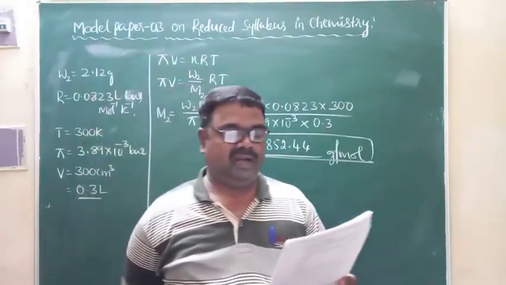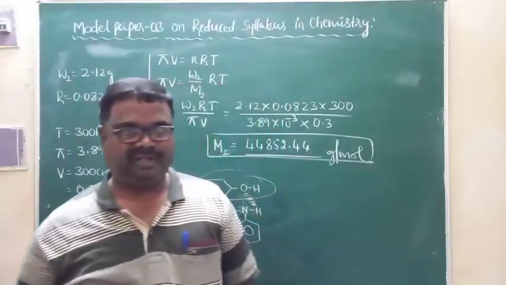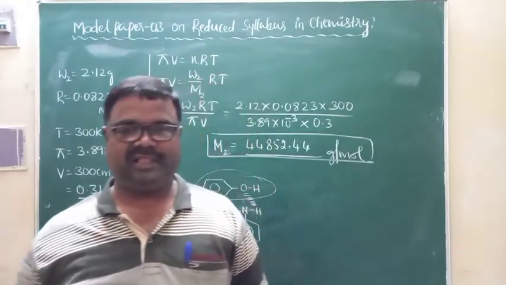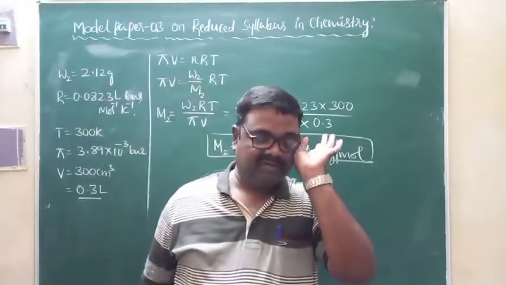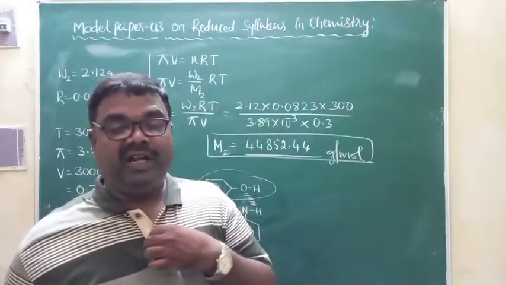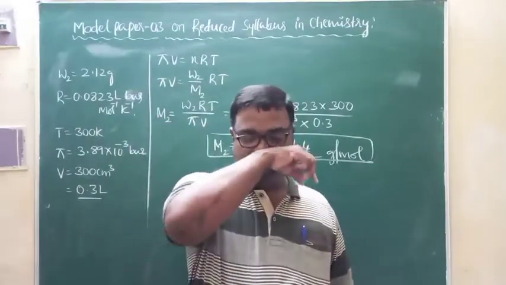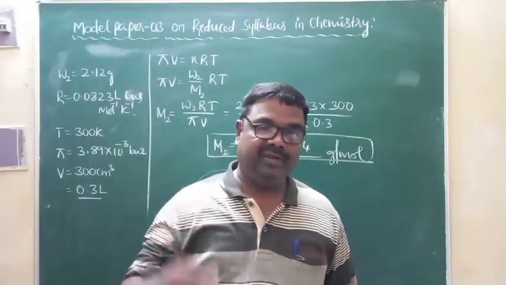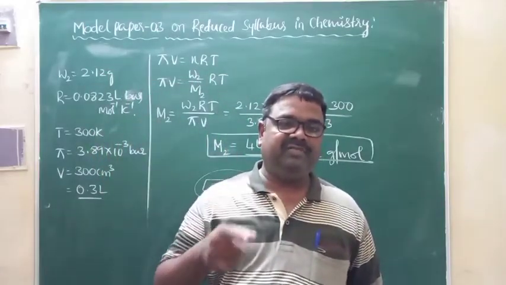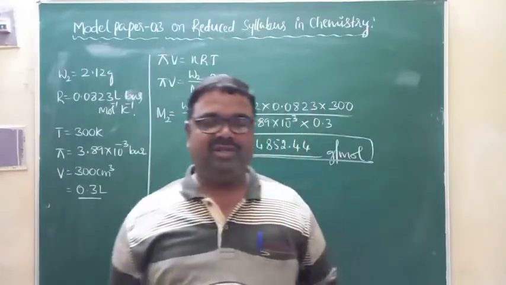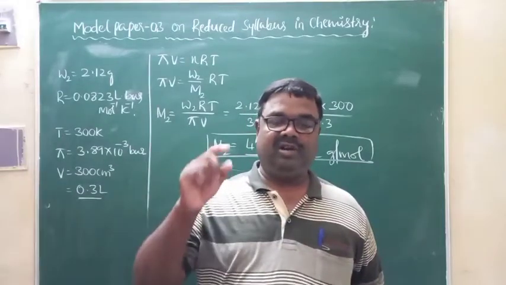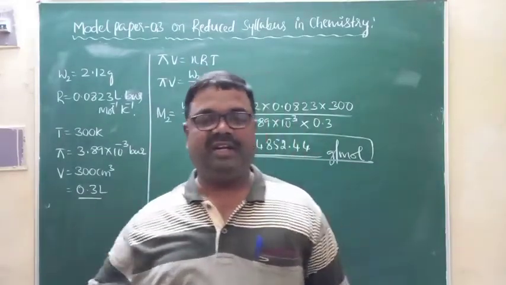How does the solubility of a gas in liquid vary with increase in temperature? As temperature increases, the solubility of gas in liquid decreases. Because of that, soft drinks are stored in a refrigerator at very low temperature, because at low temperature the solubility of gas in liquid is relatively more. Solubility decreases with increasing temperature because dissolution of gas in liquid is always exothermic.